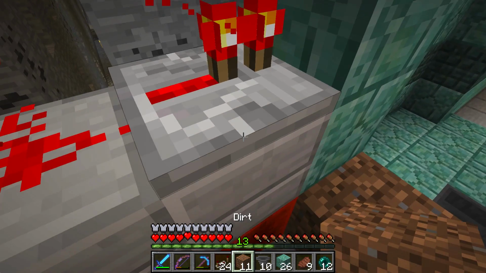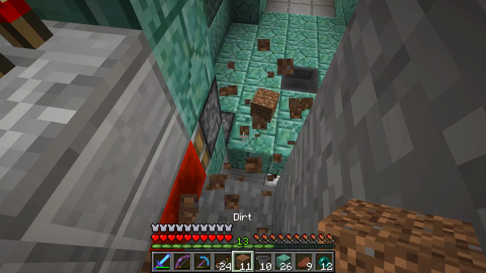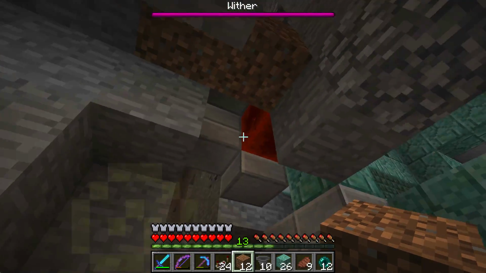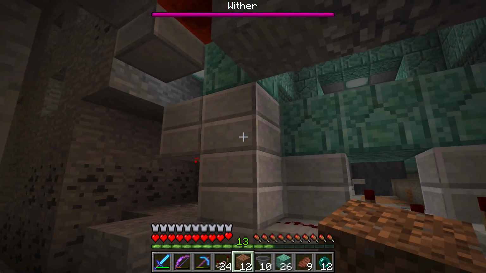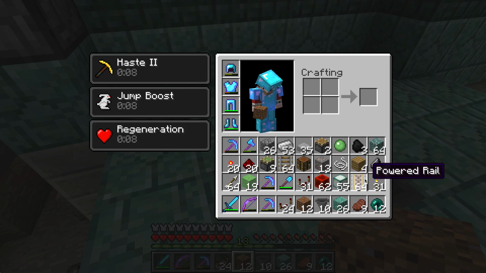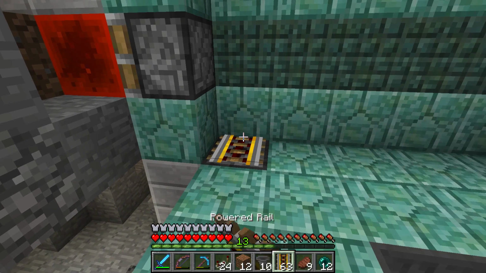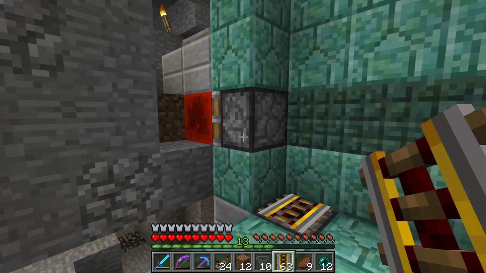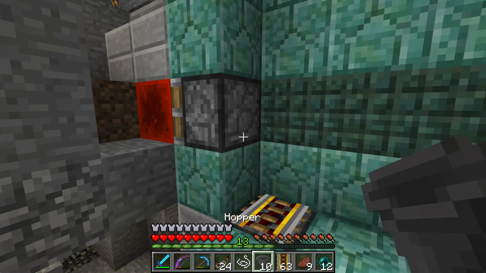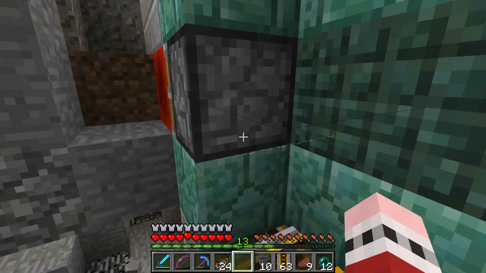Okay, so one pulse. Hit it again. It should pulse again. It does. Okay, good. That's what we want. Now, the other thing we need to do is when that pulses, we want to have a piece of powered rail right here. And we want that to turn on whenever this pulses, because we're going to put a piece of string right there. And so when we walk in here, it's going to trigger the...